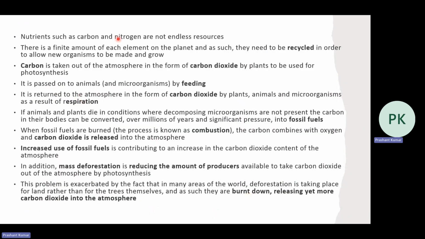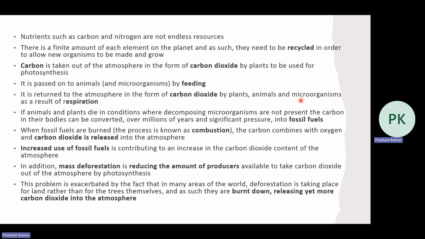So nutrients such as carbon and nitrogen are not an endless resource. There is a finite amount of each element on the planet, and as such they need to be recycled in order to allow new organisms to be made and grow, in which carbon is one of them. So carbon is taken out of the atmosphere in the form of carbon dioxide by the plant to be used in the process of photosynthesis, and it is passed on to the animals by the process of feeding. Then it returns to the atmosphere in the form of carbon dioxide by plants, animals, and other microorganisms, right, by